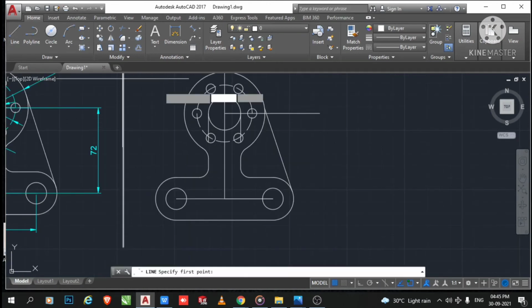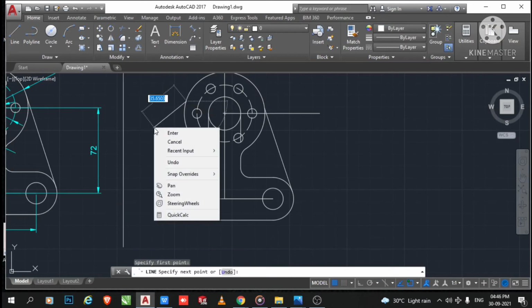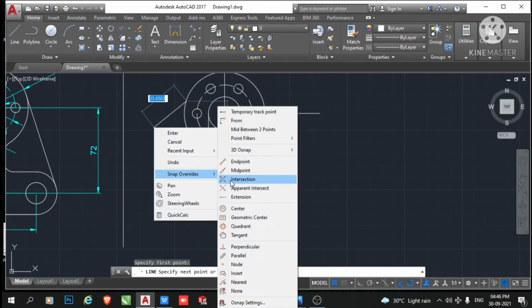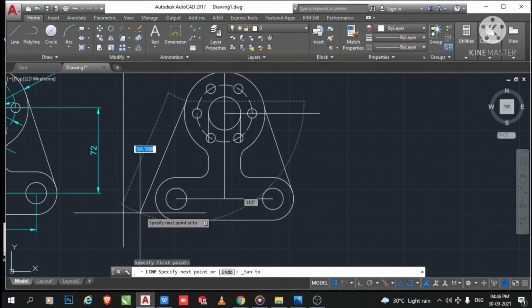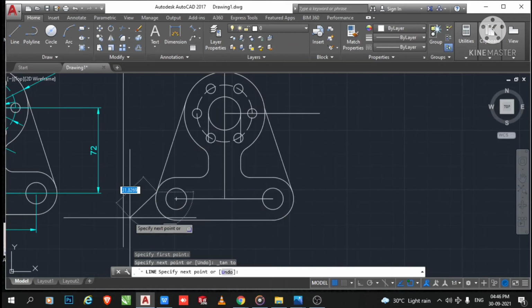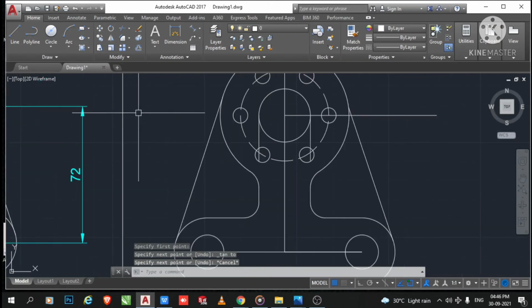So select this line and select here, go to the snap overrides and select this tangent and make a tangent on this circular. Okay, here we create tangent.